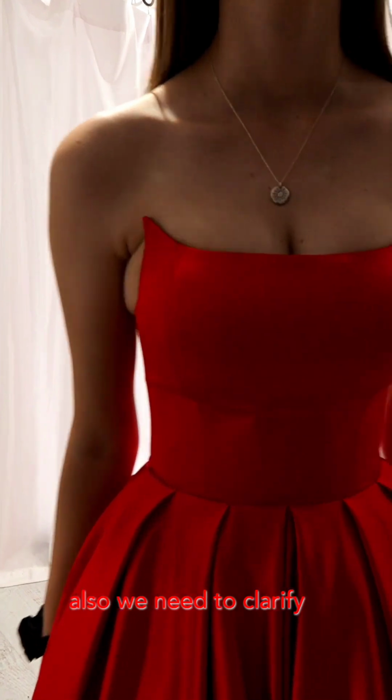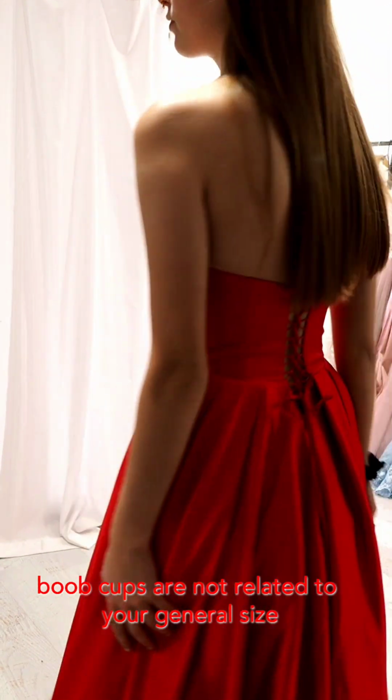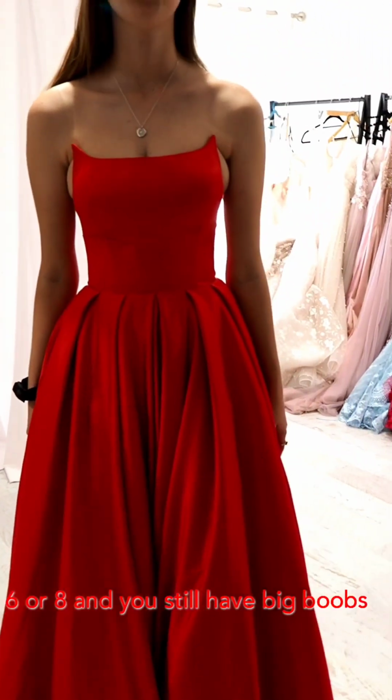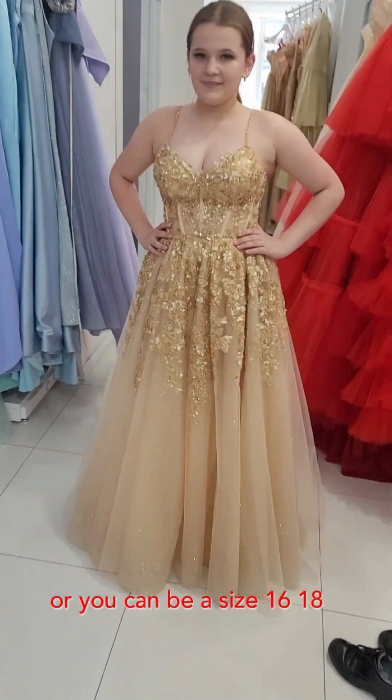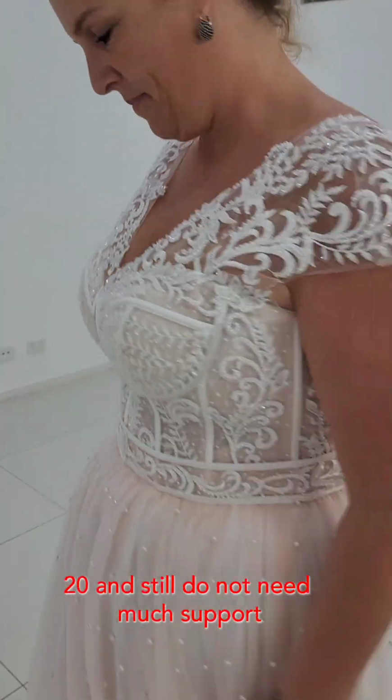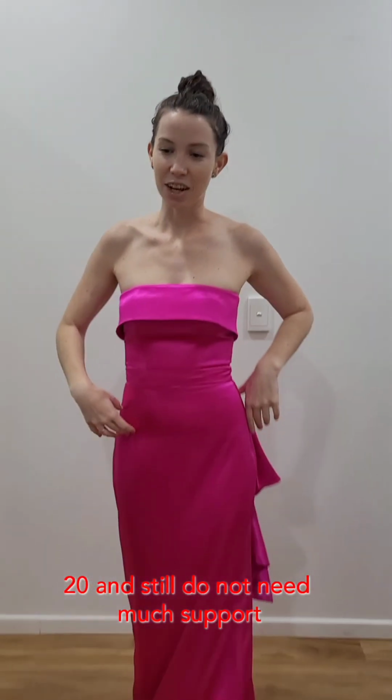Also, we need to clarify, boob cups are not related to your general size. You can be a size 4, 6 or 8 and still have big boobs which need good support. Or you can be a size 16, 18, 20 and still not need much support since your boobs are